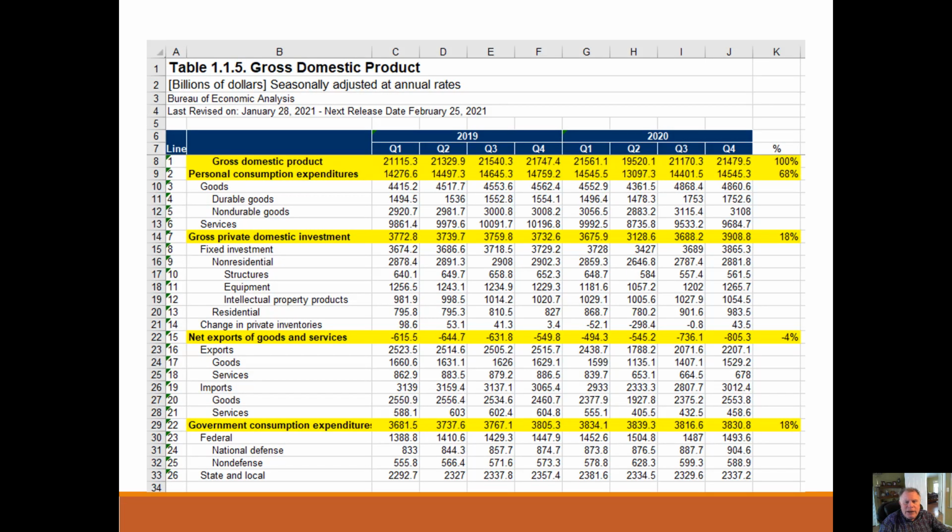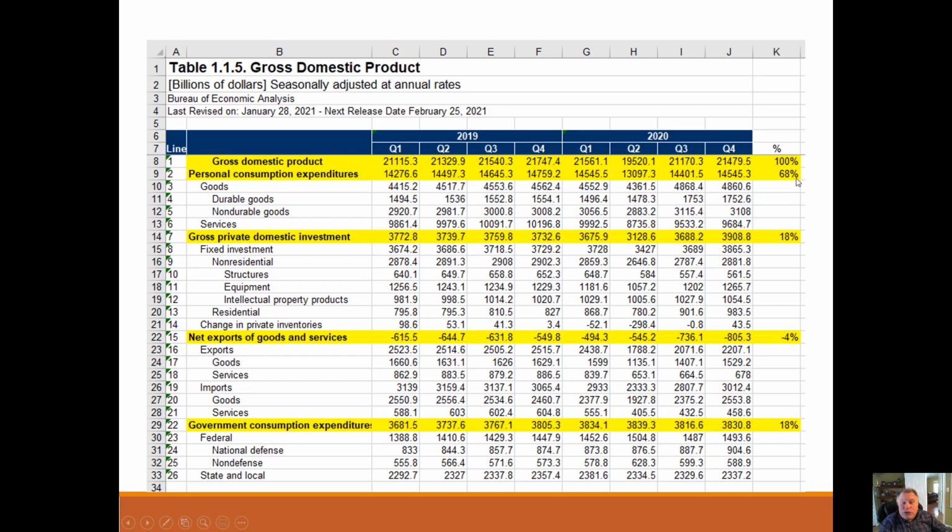Let's take a look at the current gross domestic product. Now, why do I have this here? Well, I have it here so that you can understand what makes up the gross domestic product, but also when you start working and understanding strategy of a company and what it might mean for the future, we have to see where it fits. What are the levers that drive things? So as we can see here, in the fourth quarter of 20, we were all the way up to $21.479 trillion.